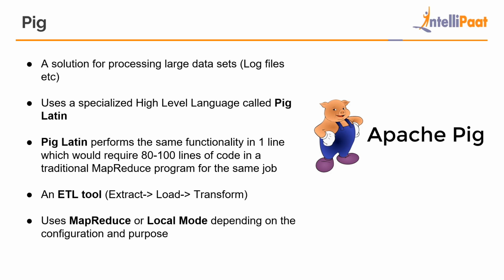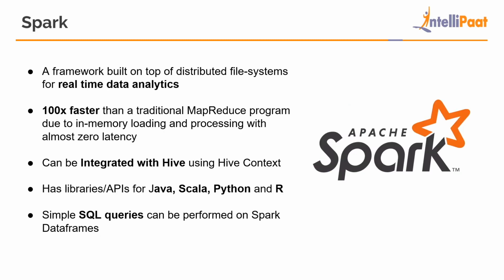As we can see, one line of Pig Latin code would account for 80 to 100 lines of code in a traditional MapReduce Java program. That is the advantage of Apache Pig, to reduce the LOC, which is another abbreviation for lines of code. We can run Apache Pig in either MapReduce mode or local mode. In the local mode, it would use our local file system, while in the MapReduce mode, it would use our HDFS and basically run a mapper and reducer on it. So after that, we can now discuss